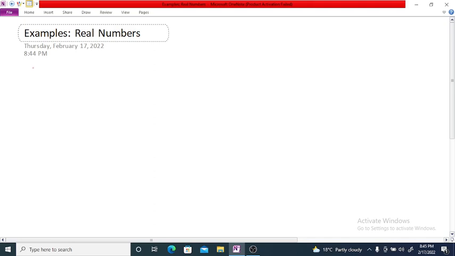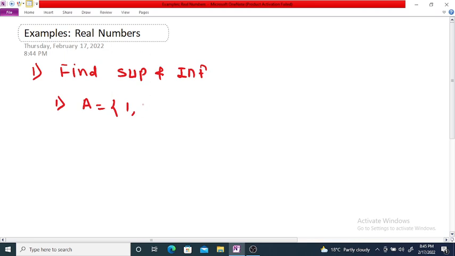Examples on real numbers. Example number 1. Find the supremum and infimum for the following set. The set A is equal to {1, 3, 5, 7, 9}. So here the greatest lower bound, that is the infimum, is equal to 1 and the supremum is equal to